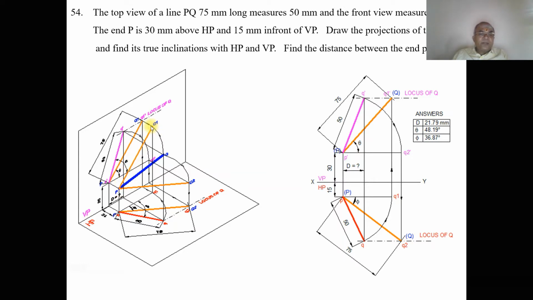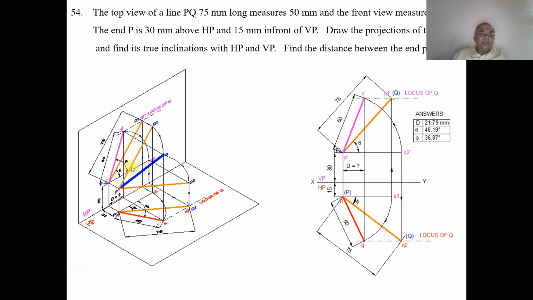If I project this, it will fall on the vertical plane with P dash here and Q1 dash here. Then draw a locus of Q in the front view. You get P dash Q1 dash. Join this line and measure that angle as theta, which is the true inclination with respect to HP. Now, taking P dash as center and P dash Q1 dash as the radius, that is 75 mm, cut an arc on this end projector so that you get Q1 dash. Draw a dashed dot line here and identify that as the locus of Q.